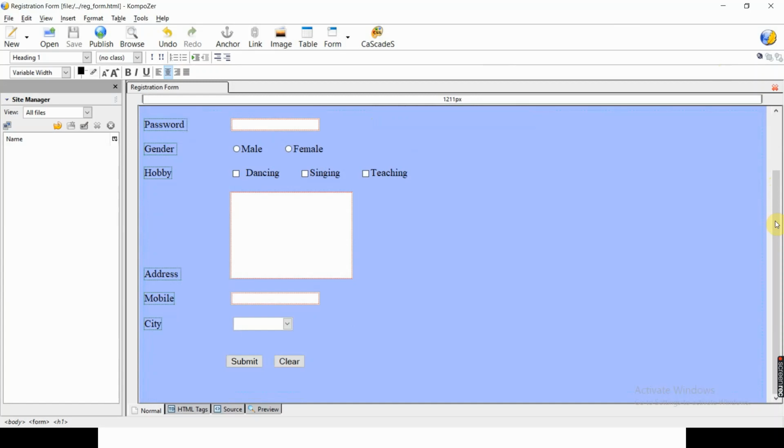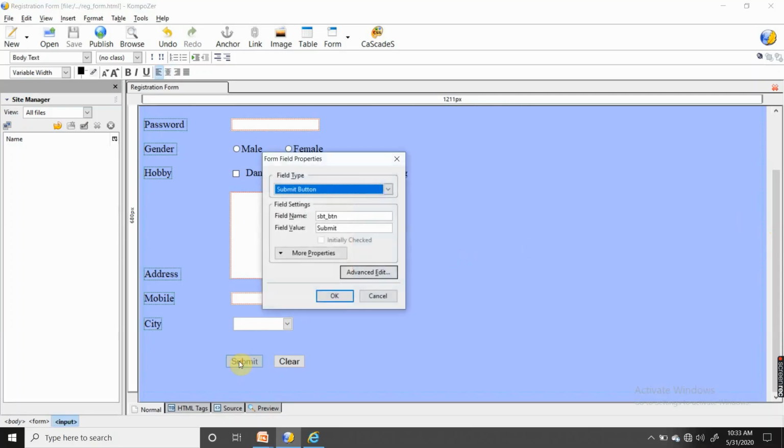When you press any key, or when you press the mouse, or you go for a mouse click, or you load or unload the form, that is opening or closing the form, there is interaction between you as a user and the web page. So the browser will handle that event. Here we will go for the submit button. Double click on the submit button. So whenever we are clicking on the submit button, something should happen.